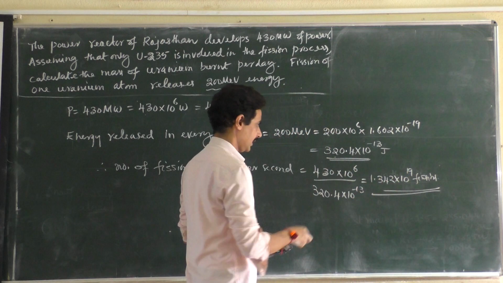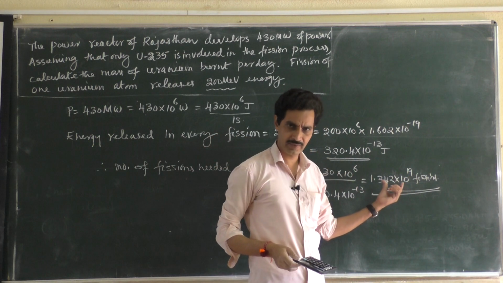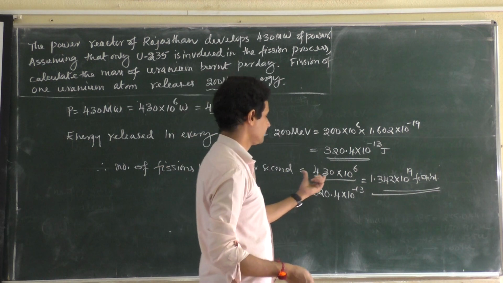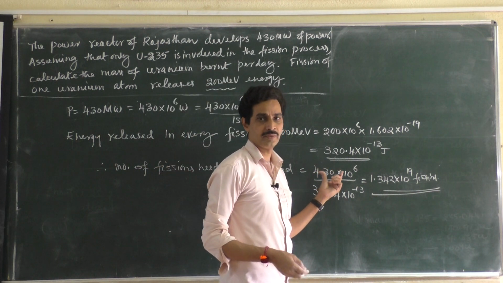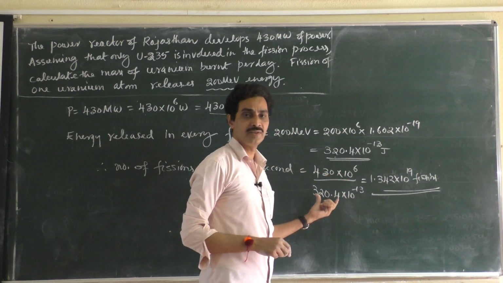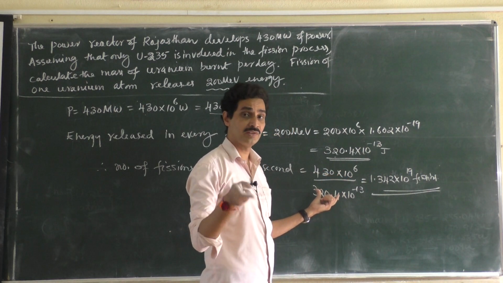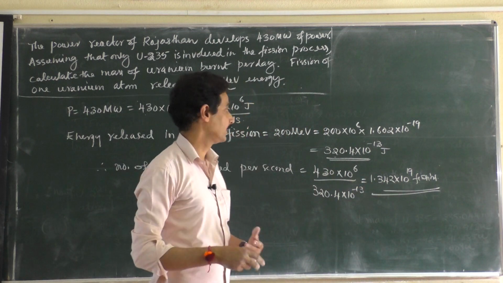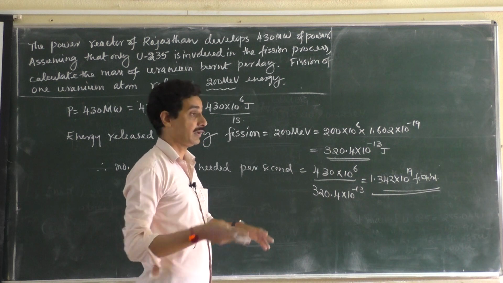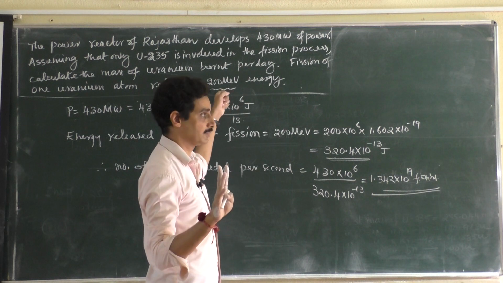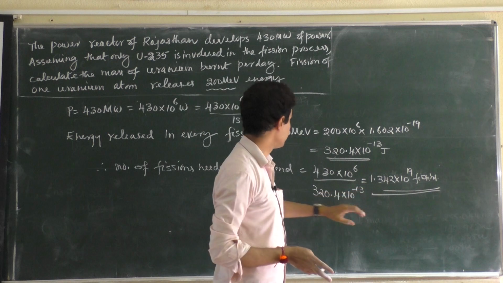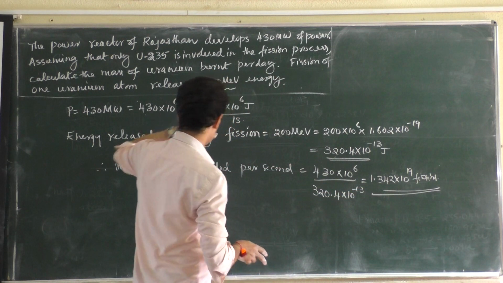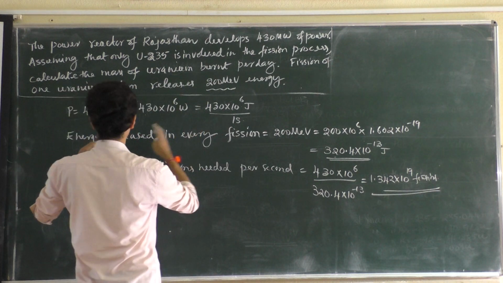Did I write? Did you come to know whatever I have written here? Did you follow? This many joules of energy are required in 1 second, but one fission gives only this much energy. So how many fissions do you have to depend on? So many fissions. Divide them, right? And last time I gave 800 million electron volt of energy. Both should be in the same unit before dividing. If this is in joules, this should also be in joules. The conversion to joules is made already, right?